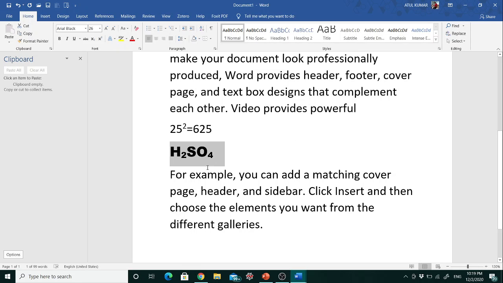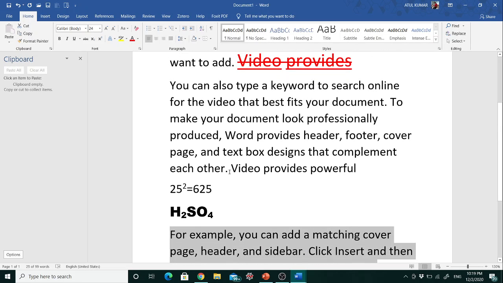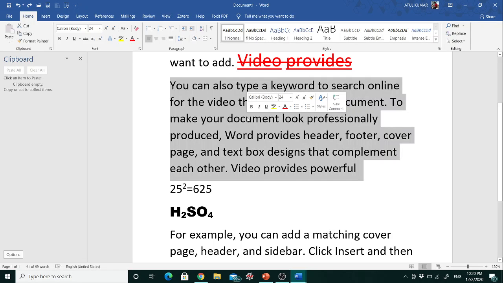So in case of sentence case, firstly I will select this sentence. One thing more, if you want to select a sentence or a paragraph, just place the cursor anywhere within the sentence or paragraph and triple click, and it will select the whole paragraph.